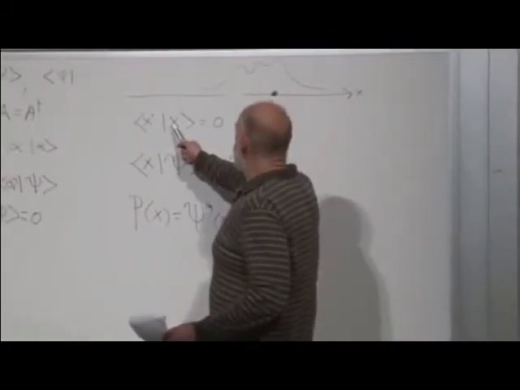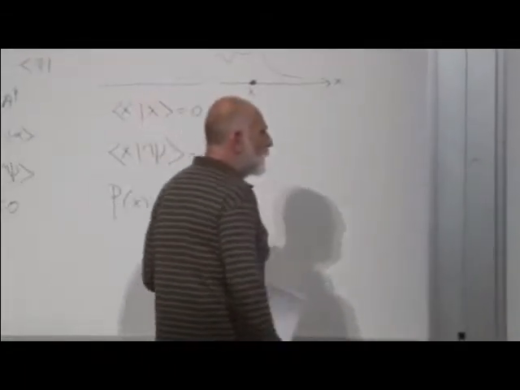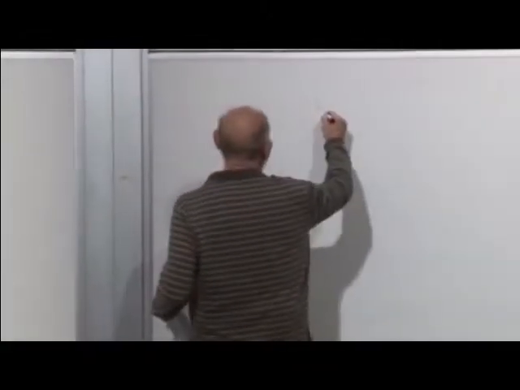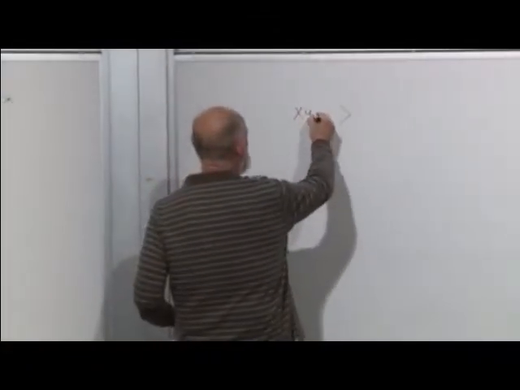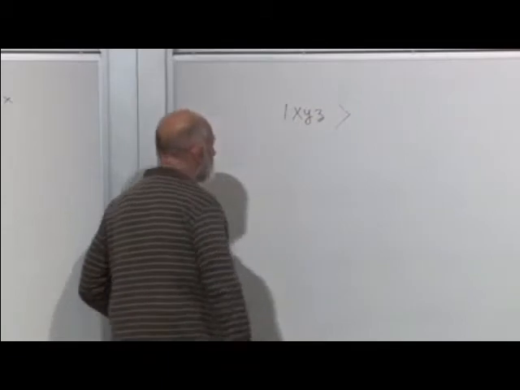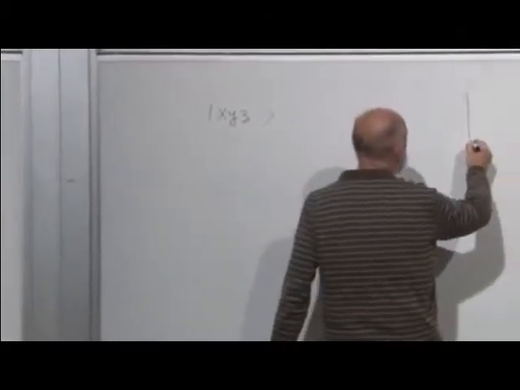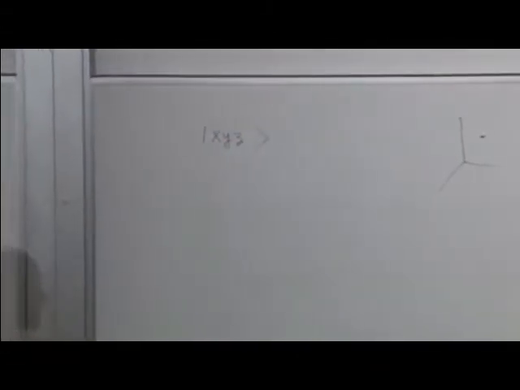In that case, we would just think of x here as a point in 3-dimensional space. We could fill out the equations by saying there are states which represent particles at known locations in 3 dimensions, x, y, and z. This represents a particle located at a point in 3-dimensional space, over here, x, y, and z, and the rules